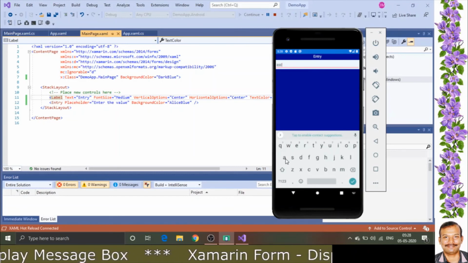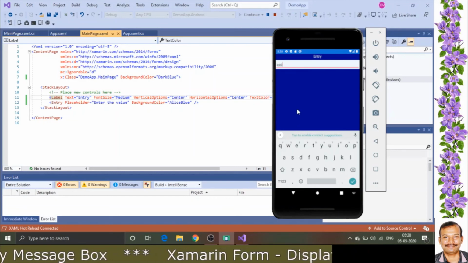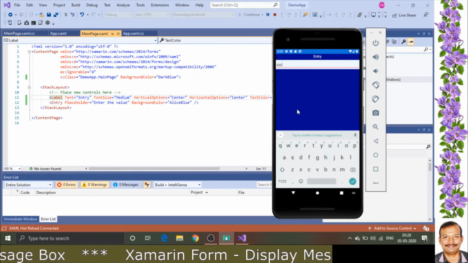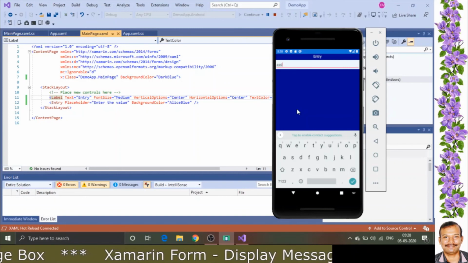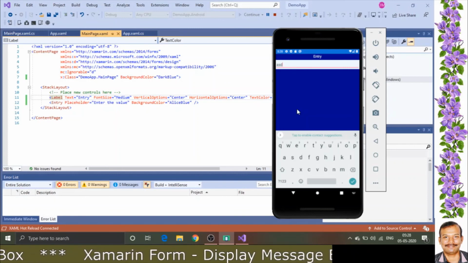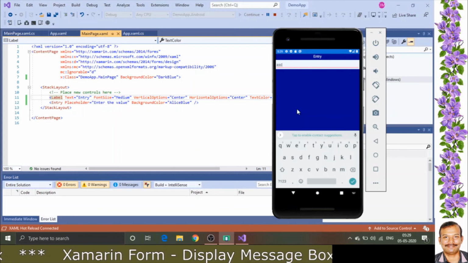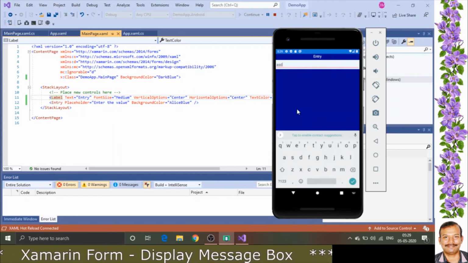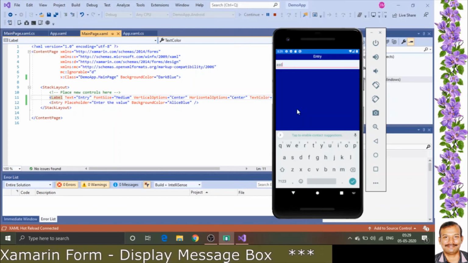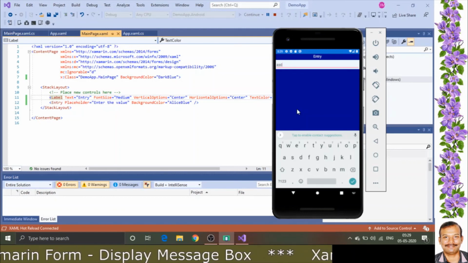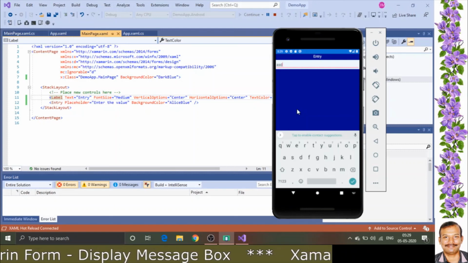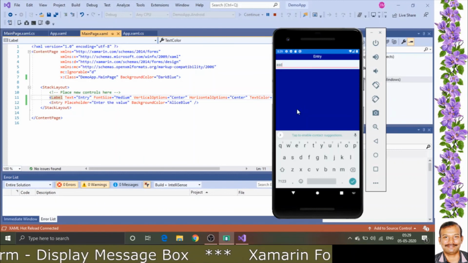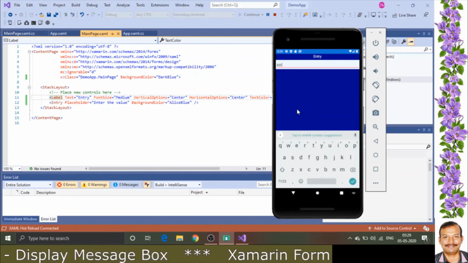So now we will end this application, and in the next session we will see how to add a button and how to access the value that you have entered in this entry text box, and use it for your application. We will use a message box to display the contents available in the text box, entered by the user or by any other application. We can even auto type it also. We will see how we can extract that and use it for subsequent purposes. Thank you.